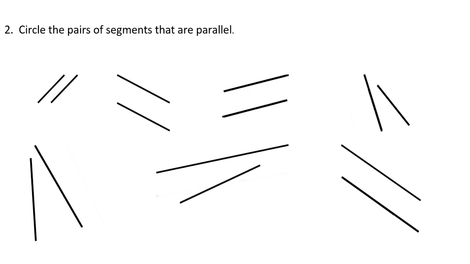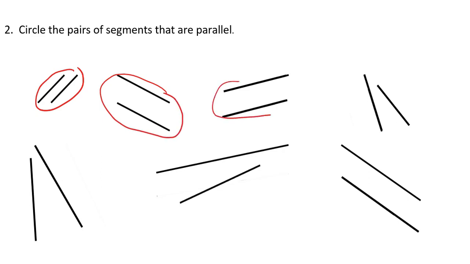Here we're going to circle pairs of line segments that are parallel. So just a reminder, they will run in the same direction, they'll never cross each other, and they'll stay the same distance apart. So these are parallel, these are parallel, so you can see they can run at a diagonal,